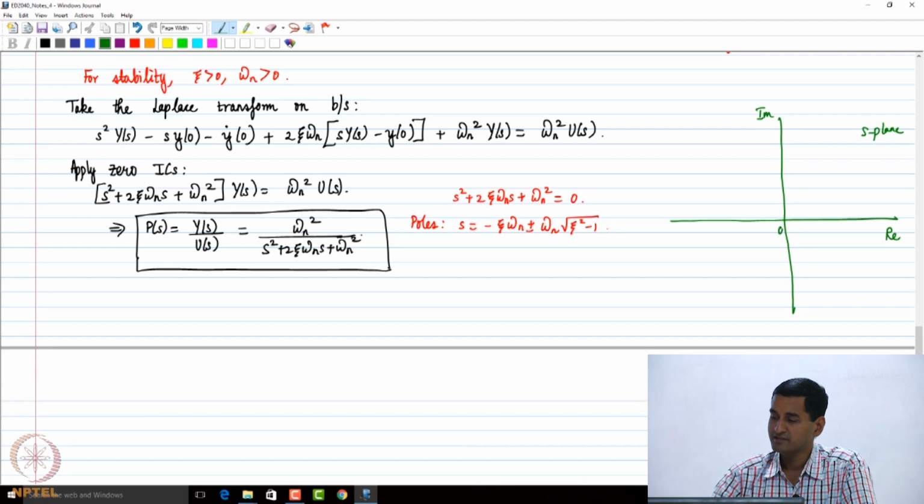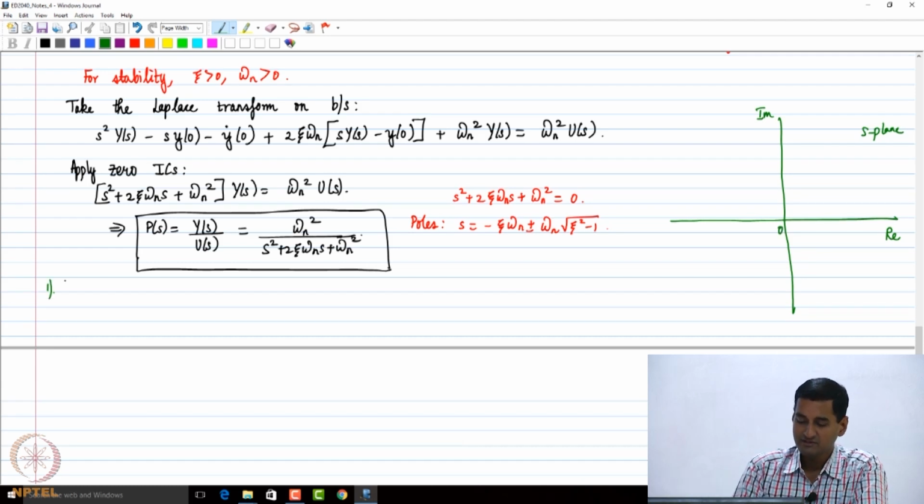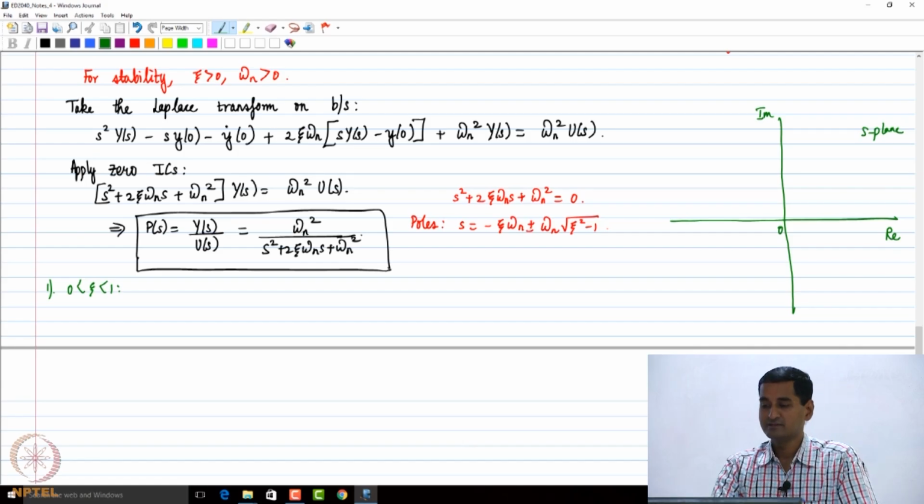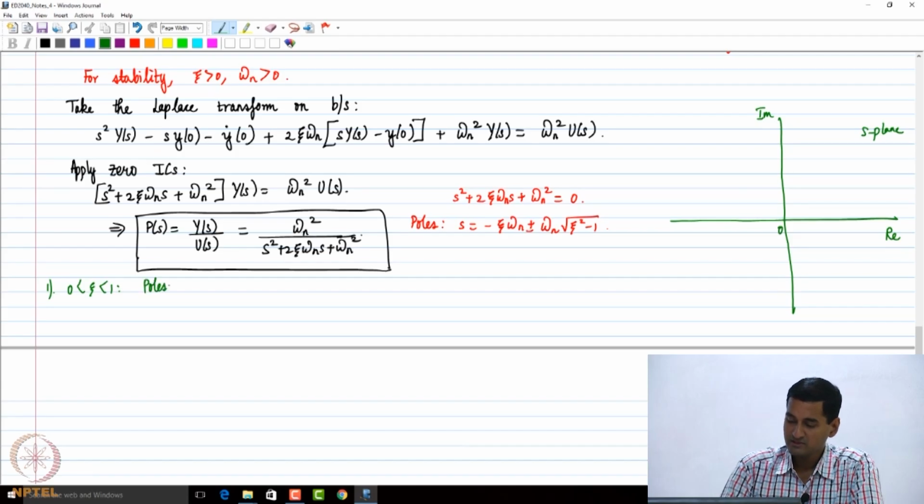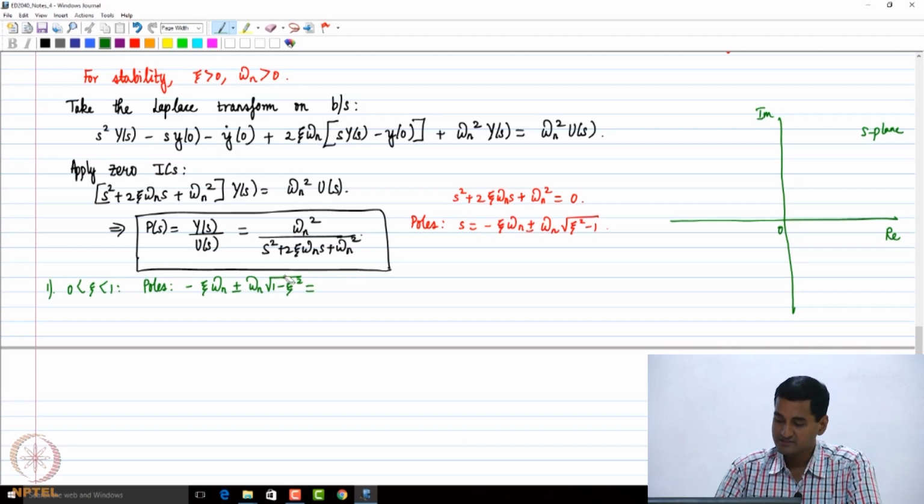If we have the value of zeta between 0 and 1, we would have the poles to be complex conjugate, because the poles will still be at minus zeta omega n plus or minus omega n times square root of zeta squared minus 1,